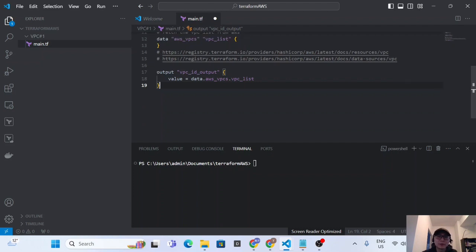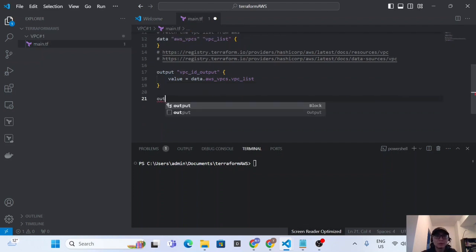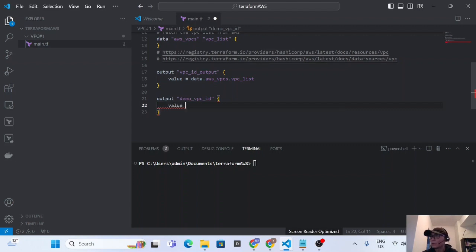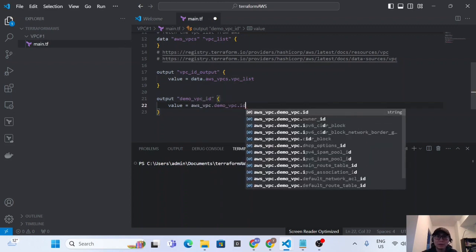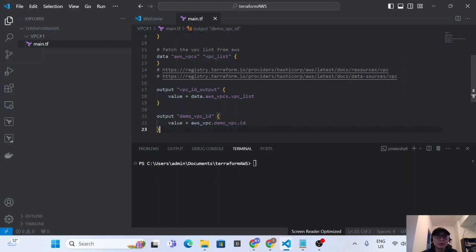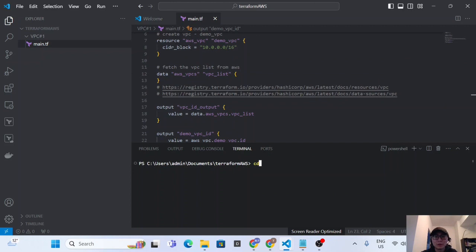And then we can also do this one output, called domain VPC, and the value will be aws_vpc and the ID. Okay, save and change to VPC, and